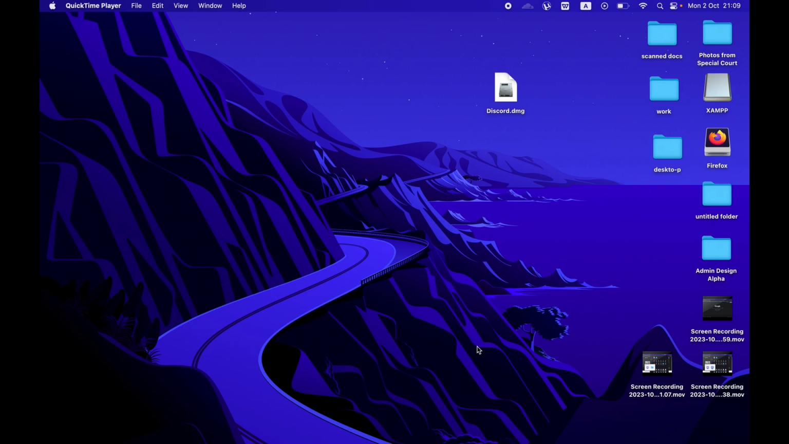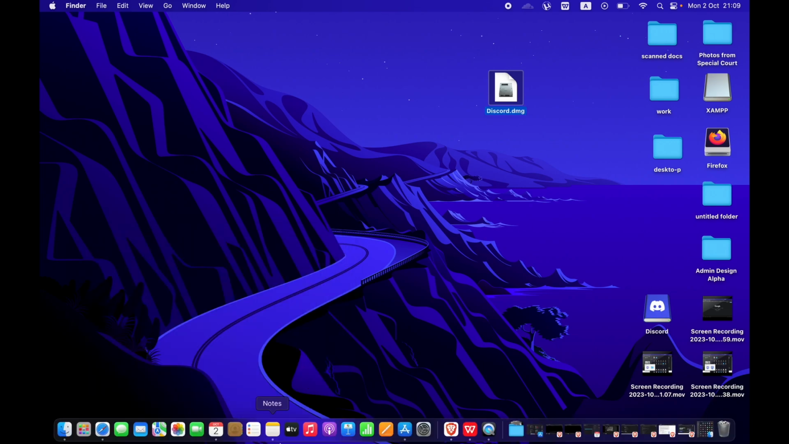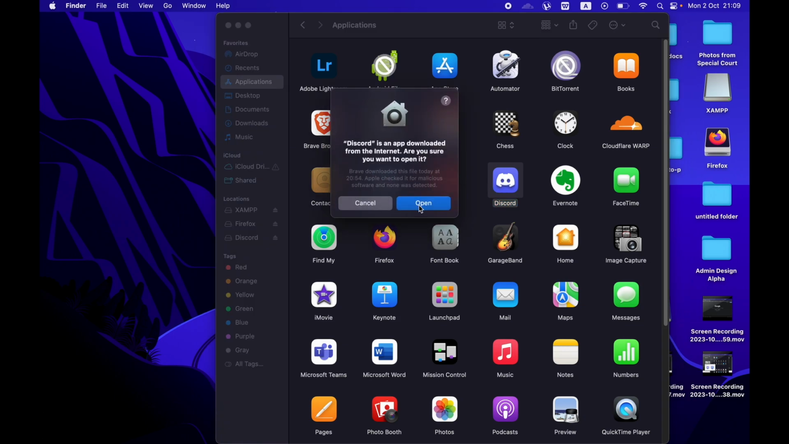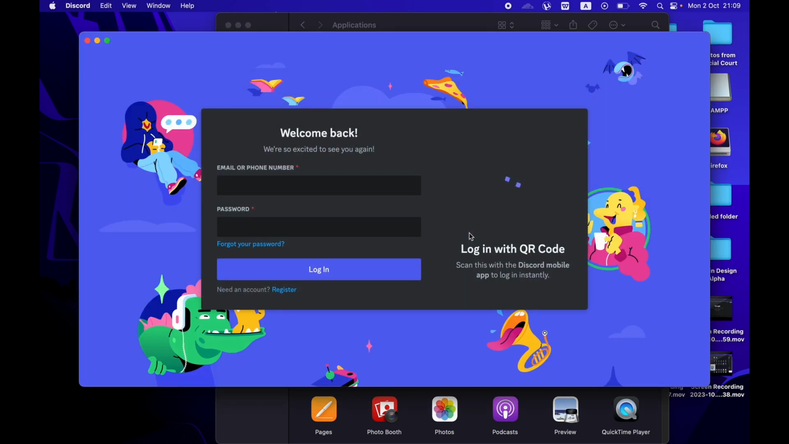Once your download is completed, double click on the downloaded file and move Discord into your applications. After that, go to applications on Mac and double click on Discord icon. After that, it will ask for confirmation. Discord will check for in-app updates and then a welcome screen will pop on your computer, after which you can